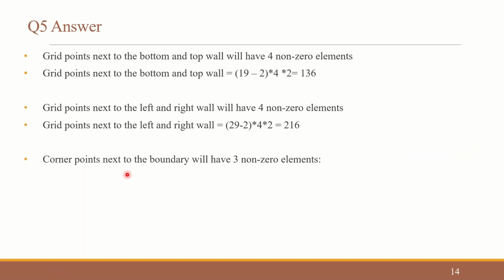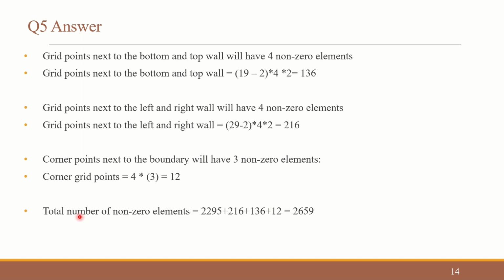So corner points next to the boundary will have 3 non-zero elements. So we have 4 corner points on the whole. So it is 4 into 3, that is 12. So these are the number of non-zero elements in the coefficient matrix. So here we have 12, 136, 216 and there was one more 2000 something. So the total number of non-zero elements is 2295,